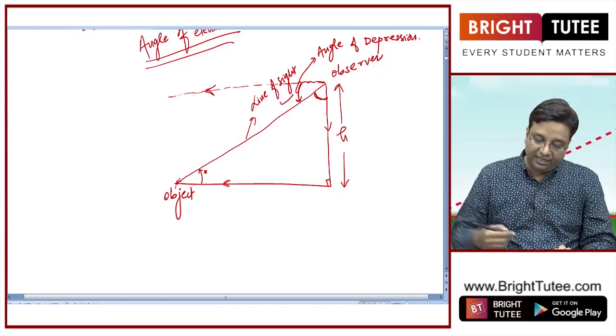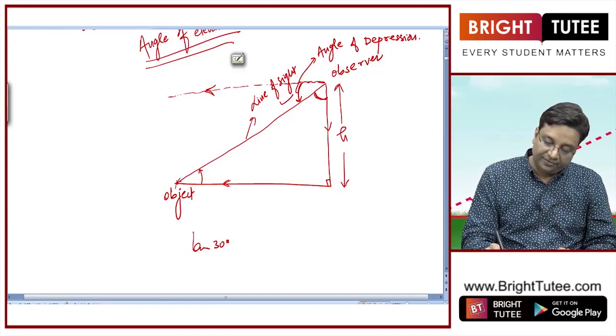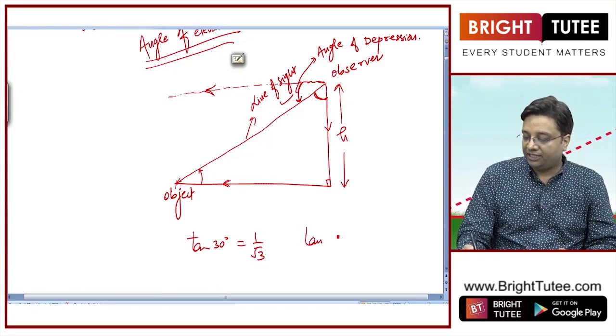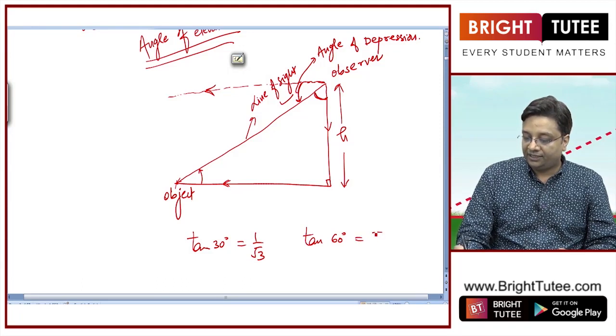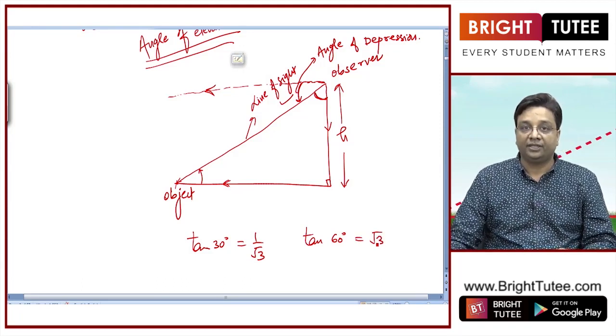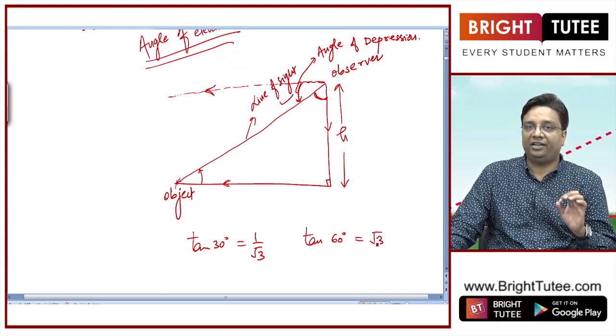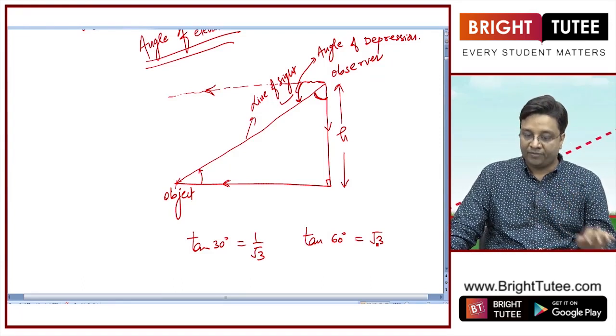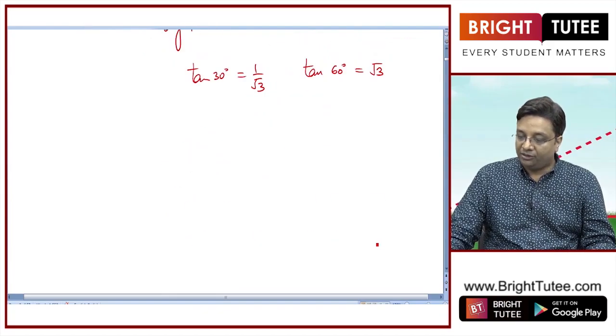So you need to take care of these terminologies, and you should be thorough with the values of angles like tan 30. How much is tan 30? It is 1 by root 3. What is tan 60? Tan 60 is root 3. So you should be thorough with values of all the angles that we taught you in the chapter of trigonometry, and then you can start the